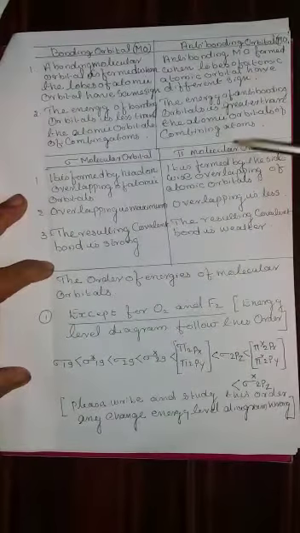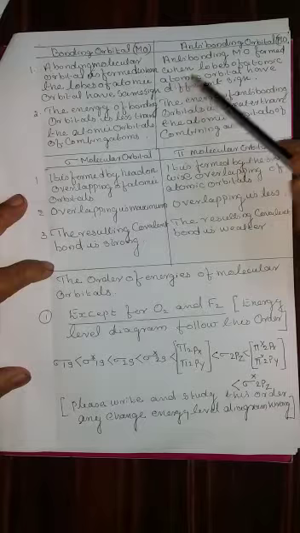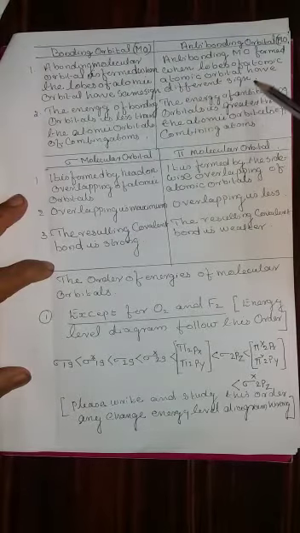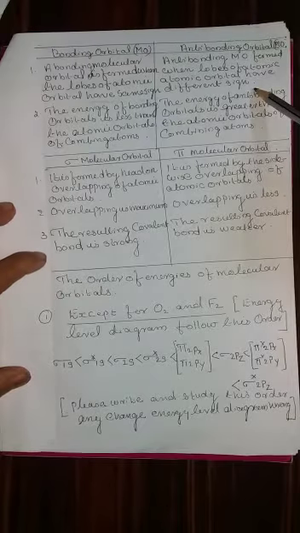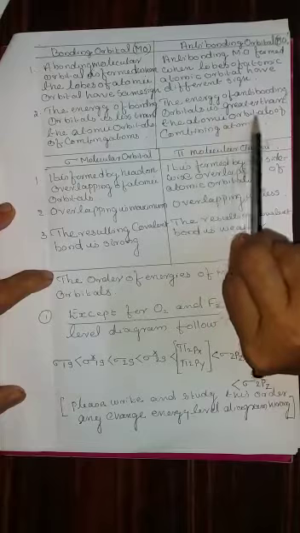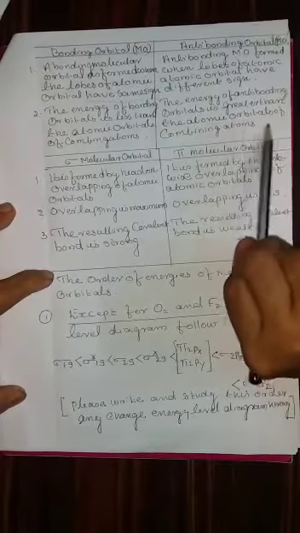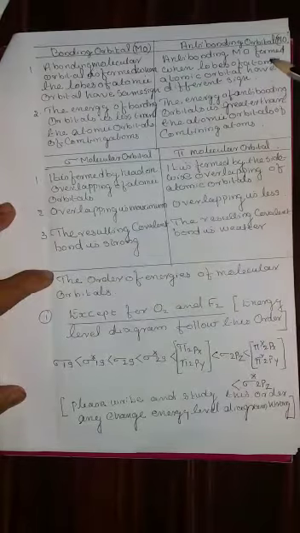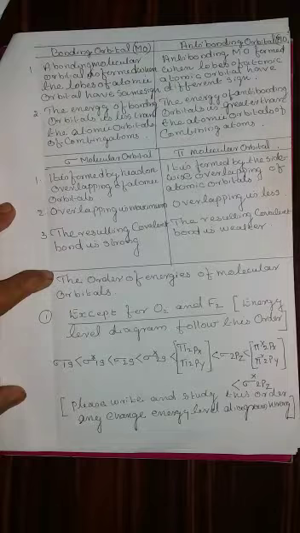Now, characteristics of anti-bonding orbital. Anti-bonding orbitals are formed when the lobes of the atomic orbitals have different signs. That is a crest and a trough joining together. The energy of the anti-bonding orbitals is greater than that of the atomic orbitals of the combining atoms. That is why we draw the anti-bonding orbital a little above the atomic orbital, showing that it has a higher energy.